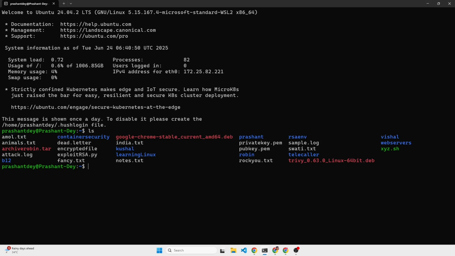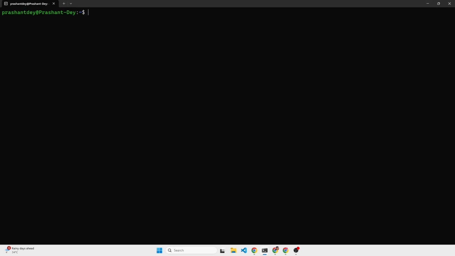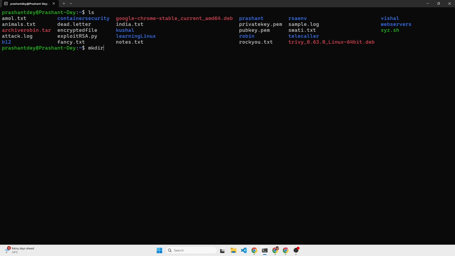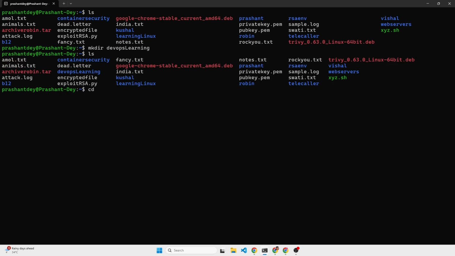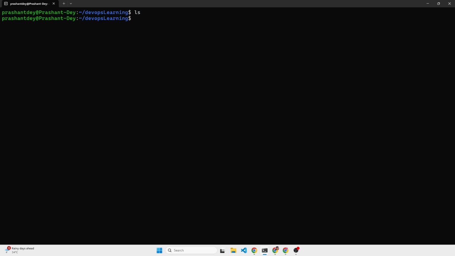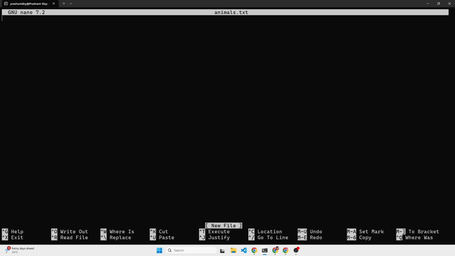So I have a lot of different commands and the files that we already created. Let's go ahead and create a DevOps learning directory. I'm clearing out the screen, and as you can see we don't have any file as of now. Let's quickly create a file. We also know that we created files using the nano editor. So nano animals.txt,